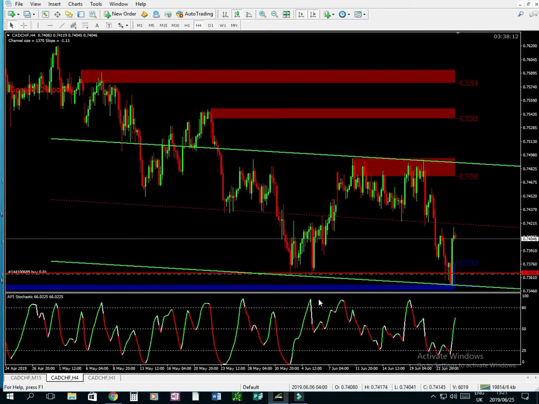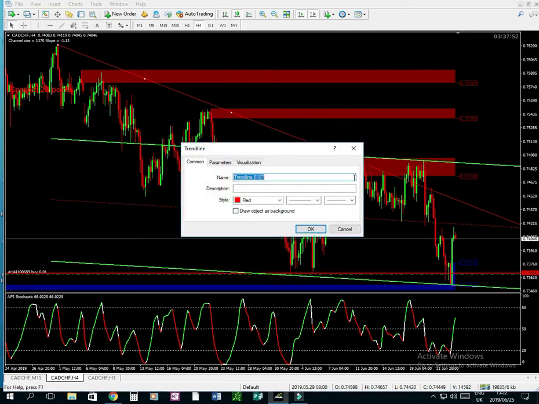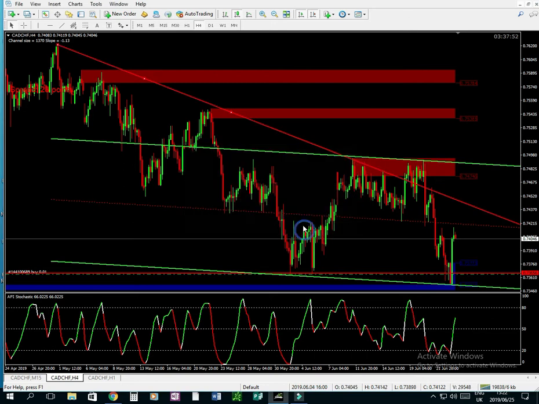Let me zoom out. We have identified the support, looking at the previous bounces where the market has previously bounced. So I could see that the market is actually a strong sell, right? Since the market is at a strong sell trend, let me make this a bit bold so that you can see. Since the market is a strong sell and there's a support here, so I was looking just to scalp